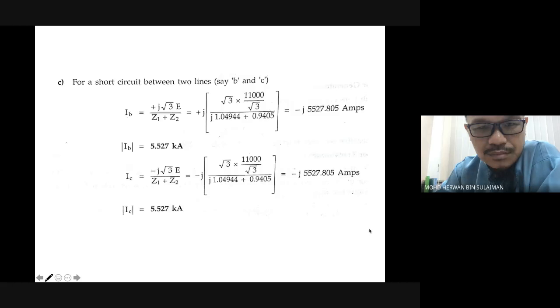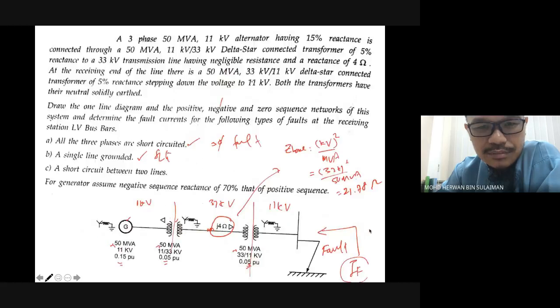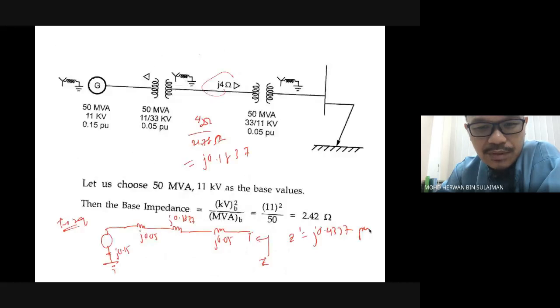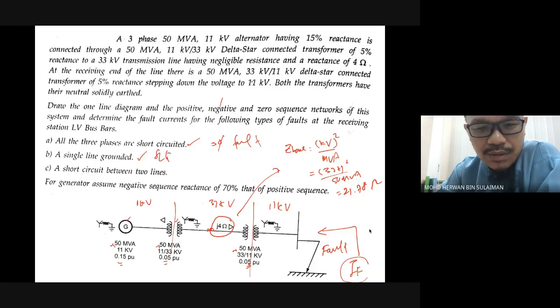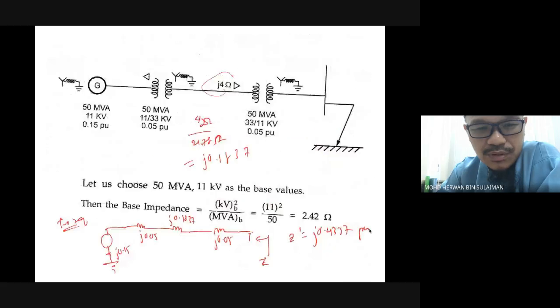Oh, soalan ni salah lah. Never mind lah, kita skip lah soalan ni. So saya takkan bagi soalan macam ni lah. Very tricky. It's very tricky because it's very short of information. That's why they make an assumption. So because they didn't give the